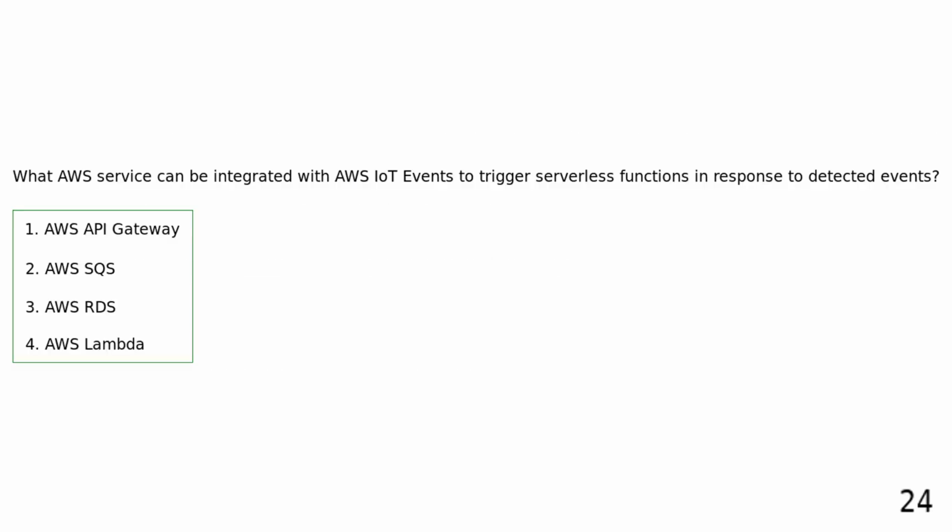What AWS service can be integrated with AWS IoT Events to trigger serverless functions in response to detected events? AWS API Gateway, AWS SQS, AWS RDS, AWS Lambda. AWS Lambda is commonly integrated with AWS IoT Events to execute serverless functions in response to events detected by detector